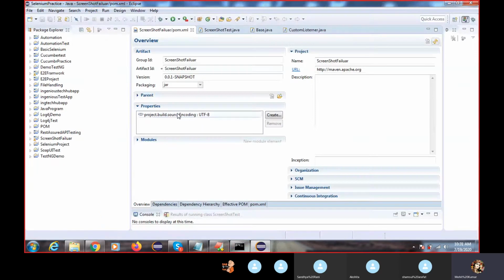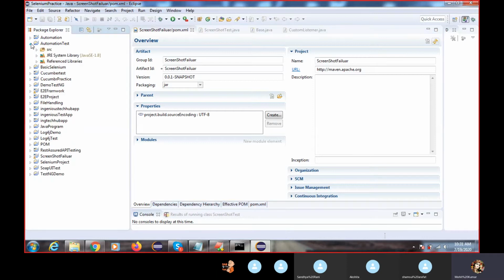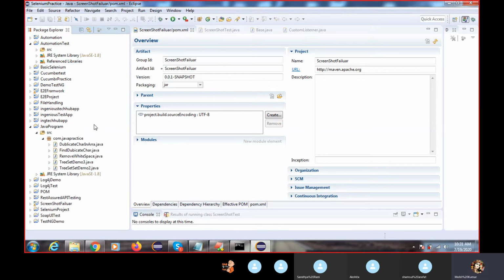Yesterday I was telling you guys how to debug the code. If you are not able to understand some Java program, this is just to show you how to debug it.